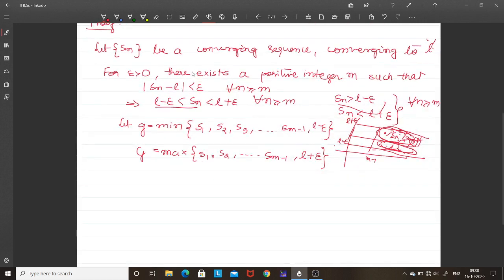So therefore I can write this as, then, replace L minus epsilon with G which is less